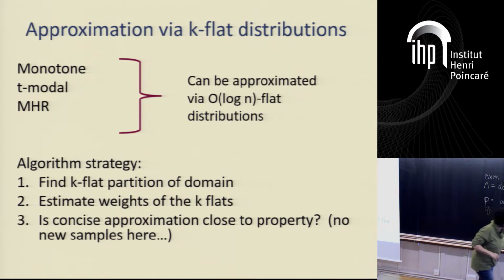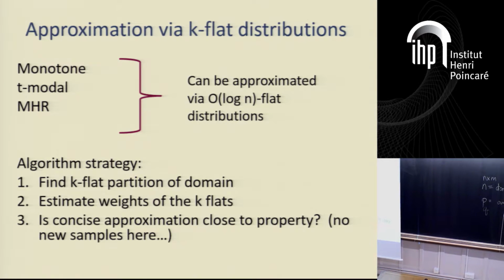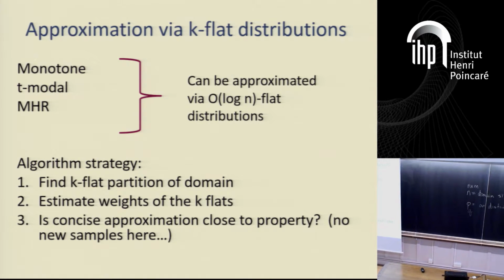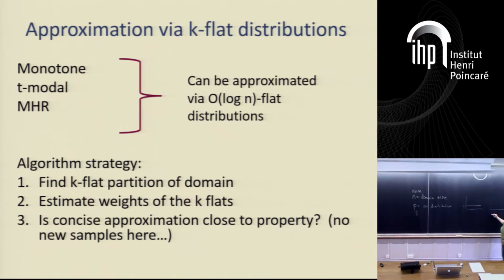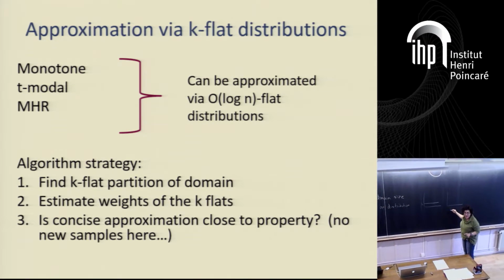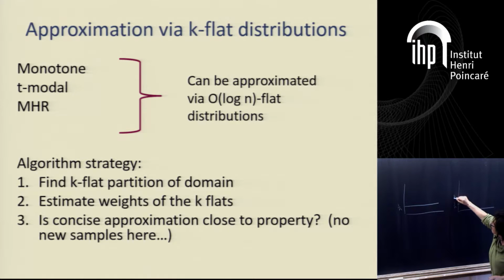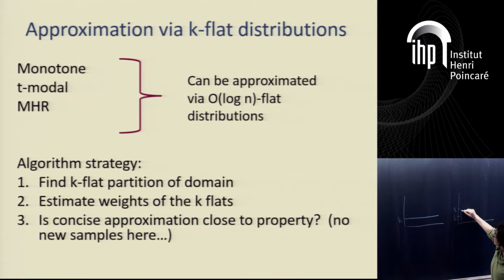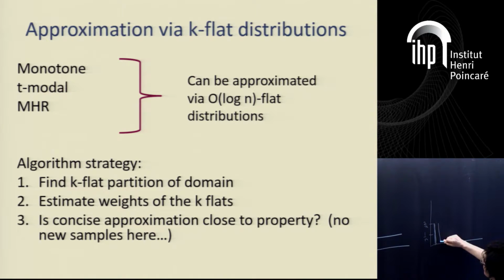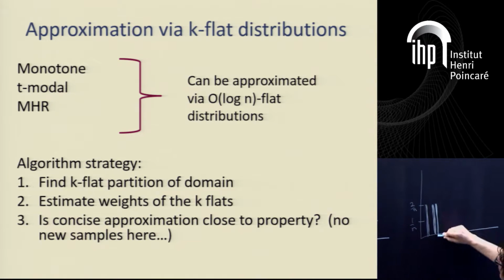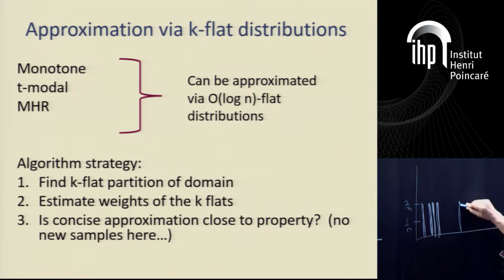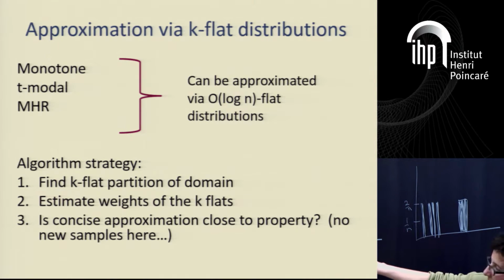So consider, I need to distinguish the uniform distribution, which is just 1 over n on each element, from this distribution. Pick a random half of the domain, and on that half of the domain, I'm going to assign each element probability 2 over n. But it's completely randomly chosen. So maybe there will be a whole run of elements which I pick, and so on. Each of these gets probability 2 over n. Now, I cannot distinguish this from the uniform distribution